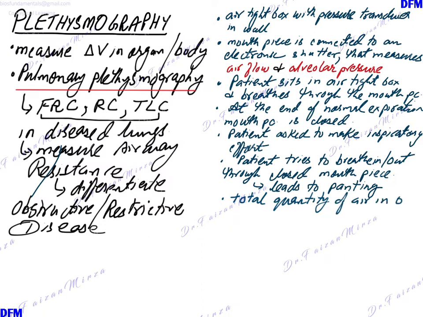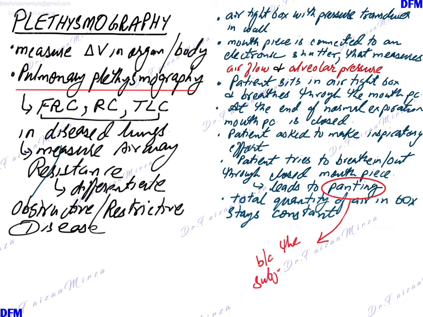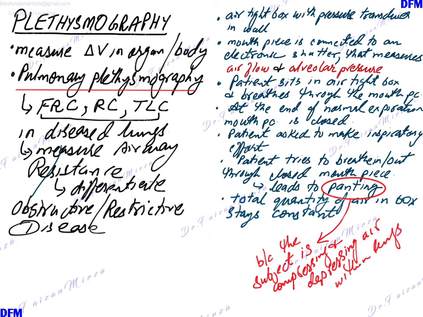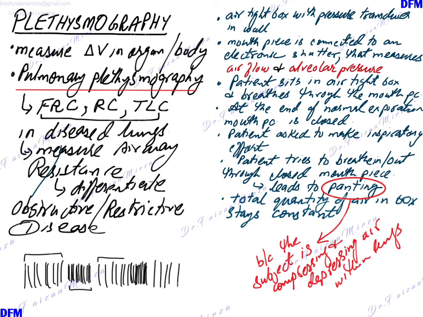The total quantity of air in the box stays constant because the person is sitting in an airtight box, and panting occurs because the subject is simply compressing and decompressing the air which is already present in his or her lungs. For example, these are the air molecules. So the person is either compressing them or stretching them further. So this is the compression and rarefaction that we discuss in the stationary waves. So you can see that the person is just compressing or decompressing the same air in his or her